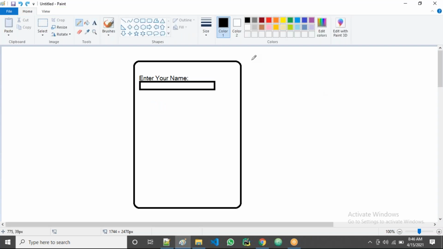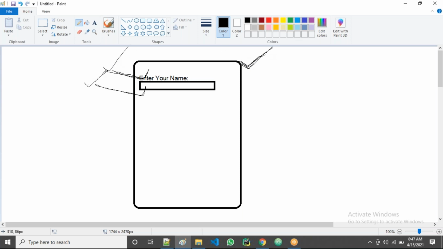So to create the form, first of all, we use the form tag. In the form tag, we use the label tag. After the label tag, we use the input tag. So here I'm going to introduce three new tags: form, then label, then input.